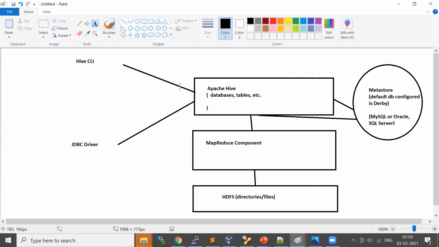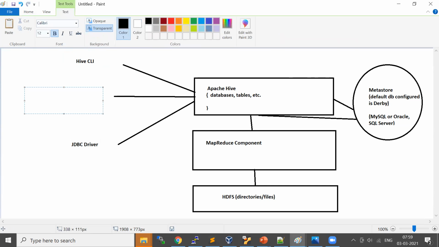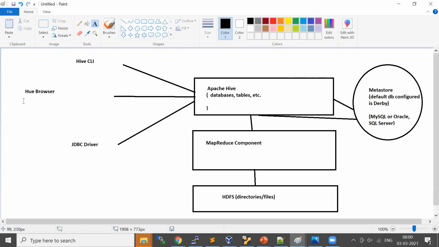And sometimes you may use some web interfaces, like Hue browser or kind of browsers where you can just write your queries, which is supplied to the Hive.